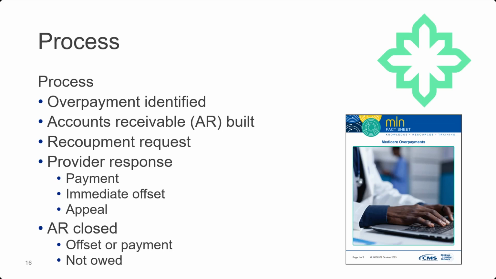On the other hand, there's also a process that allows you to submit a voluntary refund, and we will automatically put it into the system to cancel the claim. That process begins with you submitting the refund, us then identifying the claim it goes to, and building the accounts receivable but closing it right away because we have the payment, which automatically cancels the claim in the system. So it's a little bit of a different process. Now, the most common questions we get are not about the ones that you've identified and done voluntary refunds on.